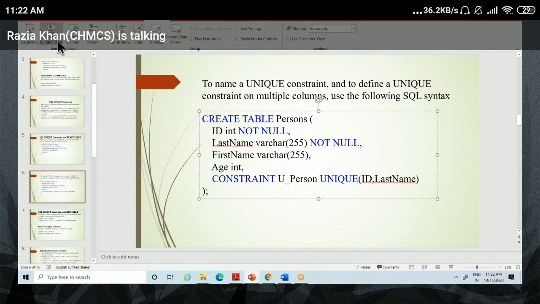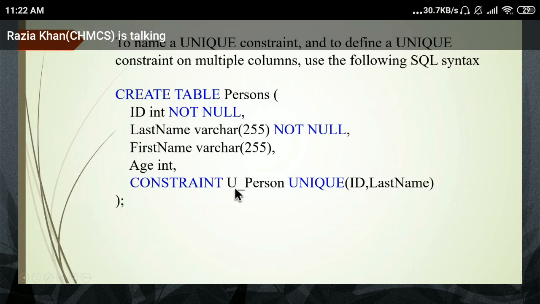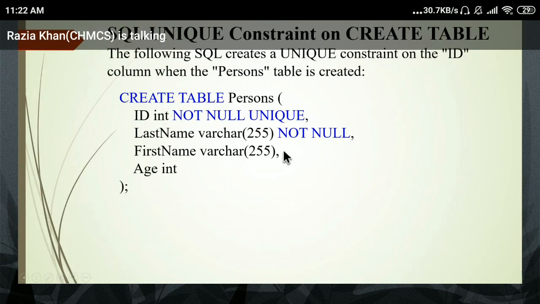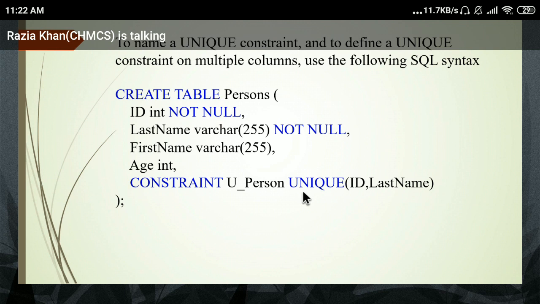You can either write it like this or like this. This is the first syntax for unique constraint: you write ID, that means column name, data type, not null constraint, and directly you write unique.